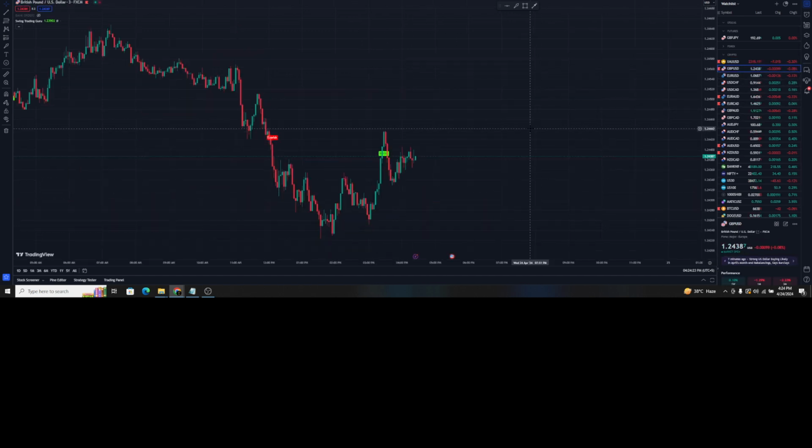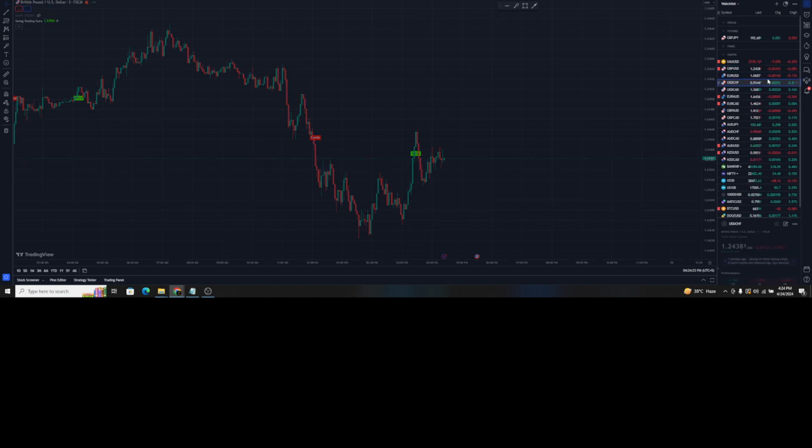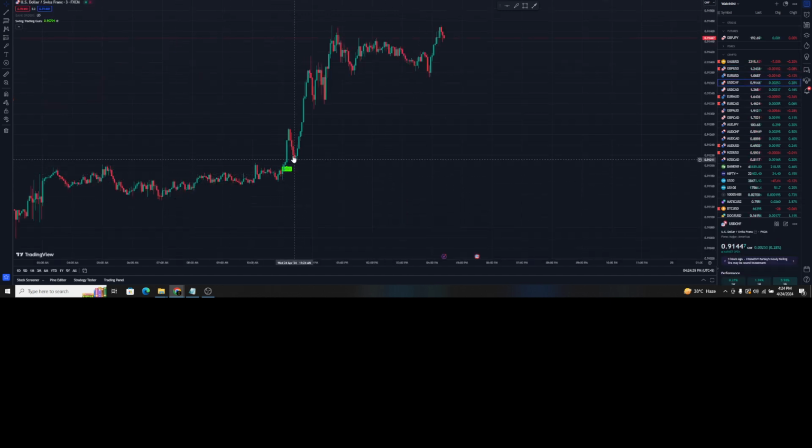This indicator is for swing trading, not just for scalping. If you love swing trading, then this indicator is for you. For example, bullish signal, price moved up; bearish, price is down. Right now the bullish signal is working, so you need to hold that trade. Now look at the next example. On USD/CHF today, we have received a bullish signal, and the price simply went up.